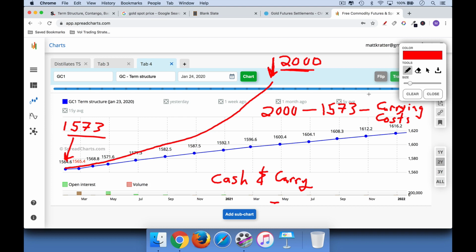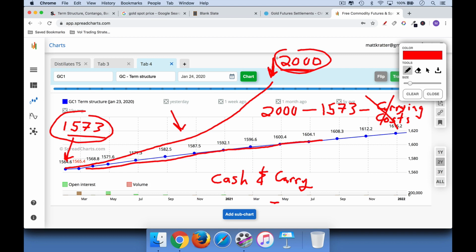Normally this is built into the market. These carrying costs are built in. So when you have normal contango, it's just taking into account the storage and insurance and the opportunity cost. But if you get a very steep contango curve like this, there may be an arbitrage opportunity where you can buy gold today, agree to sell it in the future, and lock in a price difference that's greater than what it would cost you to store gold over that period.